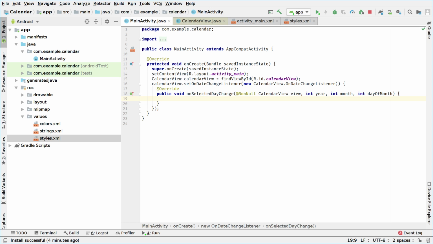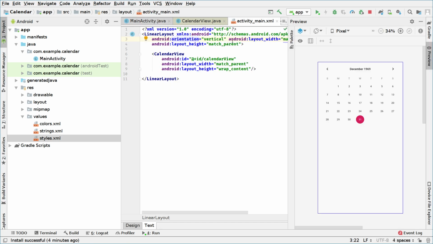And basically, as you can see right here, this listener overrides the onSelectedDayChange method, which has three parameters. The first being the calendar view, then the year, the month, and the day of the month. So this method will be called when the user interacts with the calendar, right? So let's understand how this method works. We'll go back to our activity_main.xml file, and